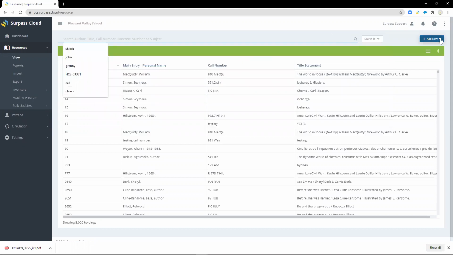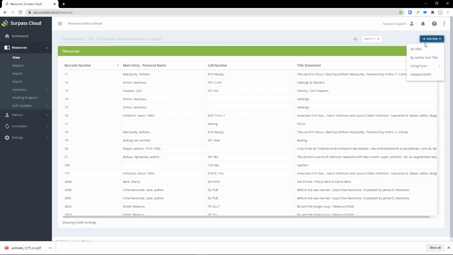All right, over here in the upper right hand corner where it says add new, this is where you will add new materials, not by importing them. If you bought books and got your MARC records from a vendor, that is still under the import feature, just like it was in Central. But if we click add new, we get the option to add by ISBN or by author title, which is the same thing that you would have done if you were using Copycat. It's just you would have had to open Copycat separately, and we'll take a look at this in just a minute. Or you can use a blank form, and this is just where you pick out the forms that you have created,